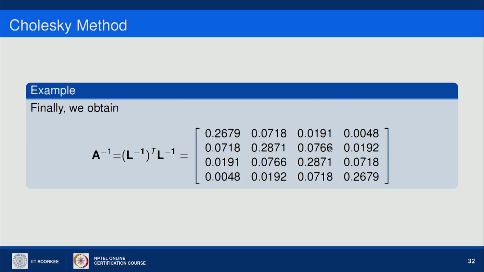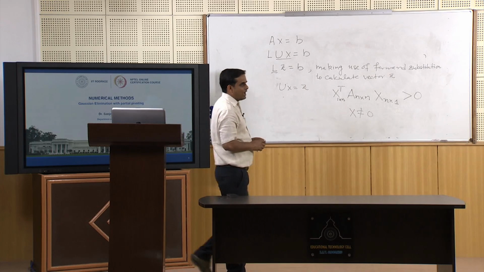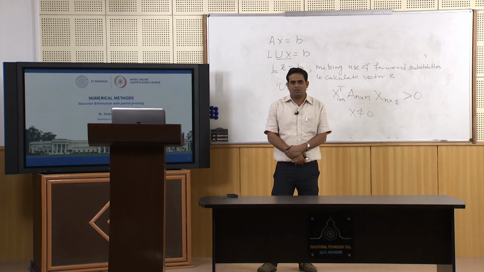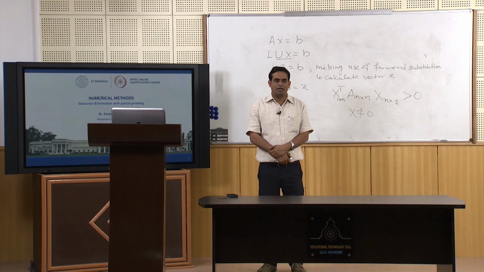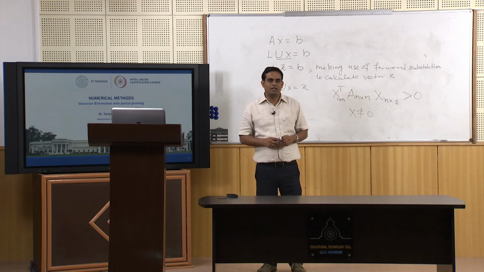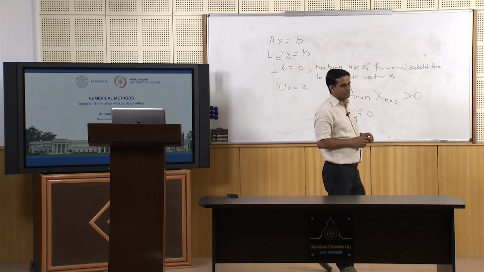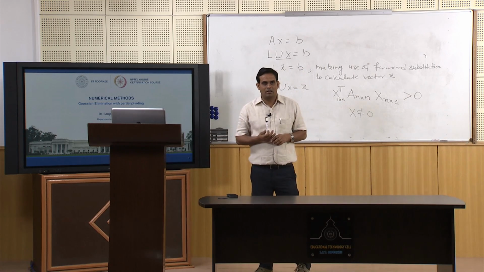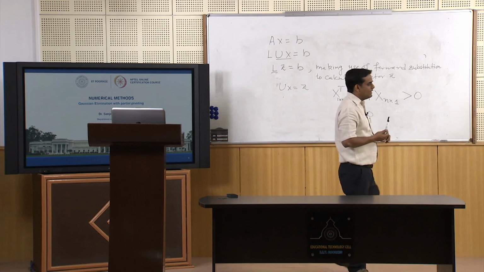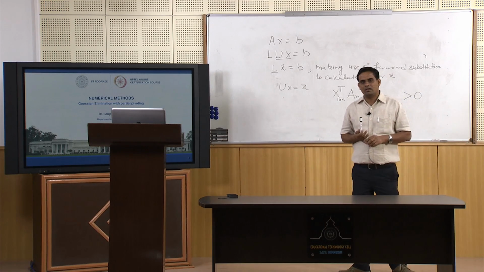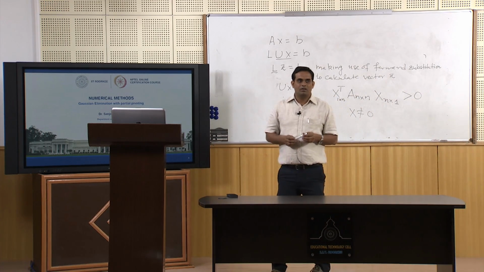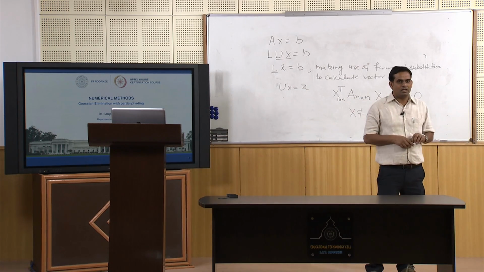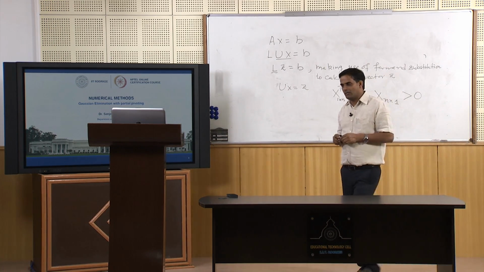This is the matrix A inverse. So, in this lecture I discussed methods based on triangular matrices for solving linear systems of equations. Here I first discussed the Crout method and Doolittle method, and finally I gave a small explanation of Cholesky decomposition, which is used when A is a symmetric matrix.